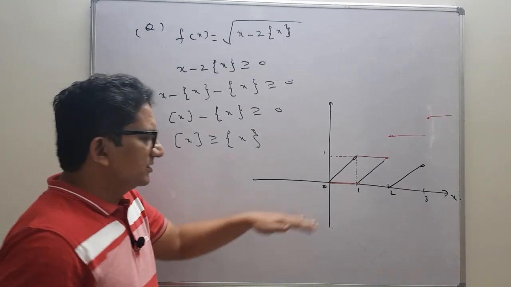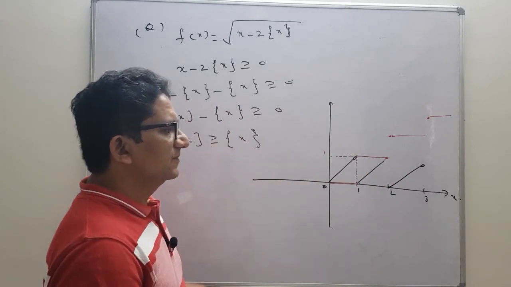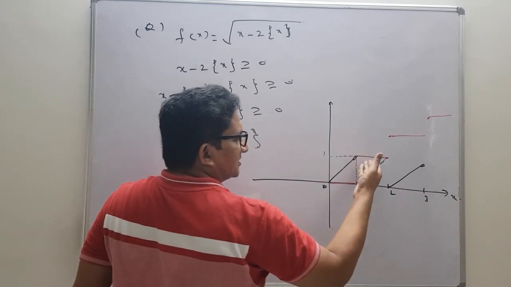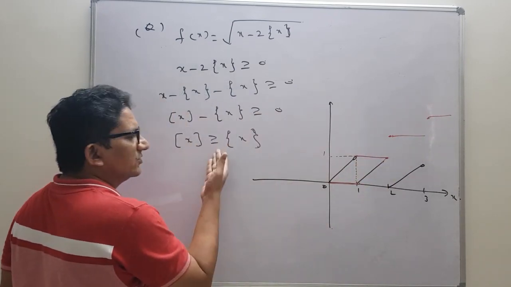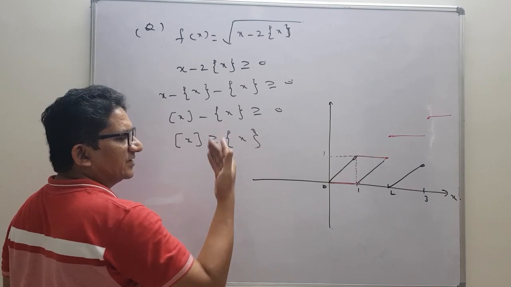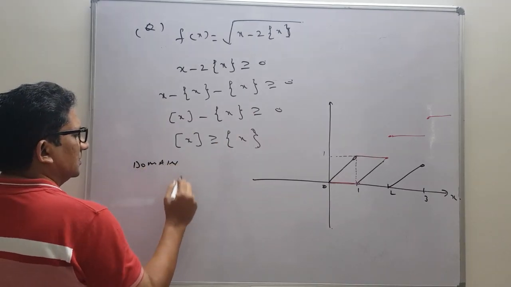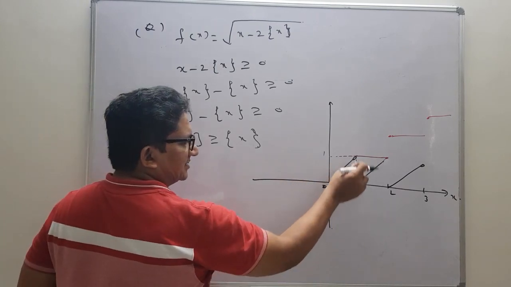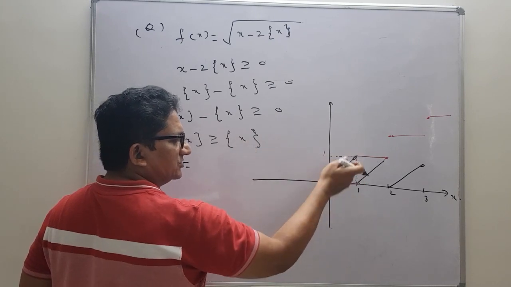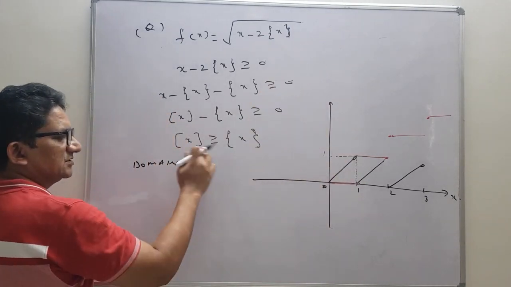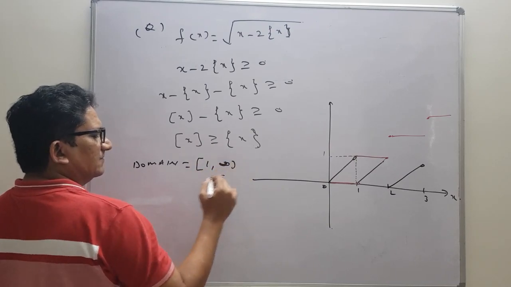Okay. Now down I am not taking, so down if I take C, that will be always less than this graph only. Now we need to check C. Greatest integer function means these red lines. So these red lines, when they are more than or equal to the fractional part of x. Clearly from the graph, if we observe, at exactly 1, the step function is 1 only, but still the fractional part at 1 is 0. So that means from 1 to infinity it is always more. So then the domain is 1 comma infinity.